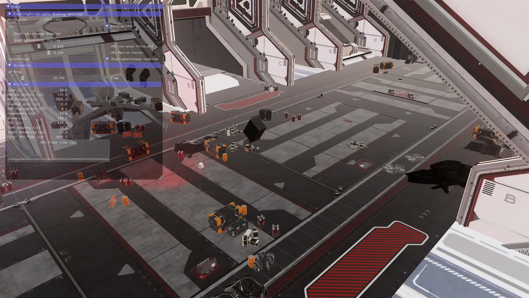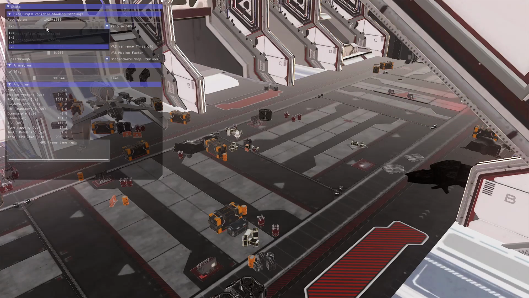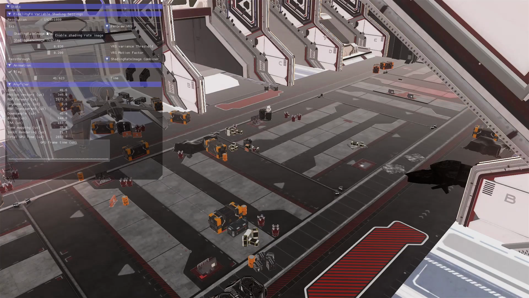This sample demonstrates the use of FidelityFX variable shading. As you can see, it shows a hunger scene running at 1080p and the forward rendering path runs at around 2.1 milliseconds per frame. If we force 2x2 VRS everywhere, we can see performance improve significantly to around 1.3 milliseconds per frame, but the visual quality is noticeably reduced. We don't want that, so let's disable it again.